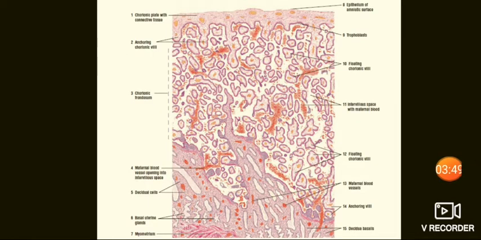So this is the cut section of the placenta. Here in the upper part is seen the fetal component, which is composed of the chorionic plate. The chorionic plate is formed by the extraembryonic mesoderm and the trophoblast. The part of the chorion which forms the placenta is known as the chorionic frondosum. So from the chorionic frondosum numerous villi arise, and the villi which attach to the decidua basalis are known as the anchoring villi, and other villi floating in the intervillous space are the floating villi.